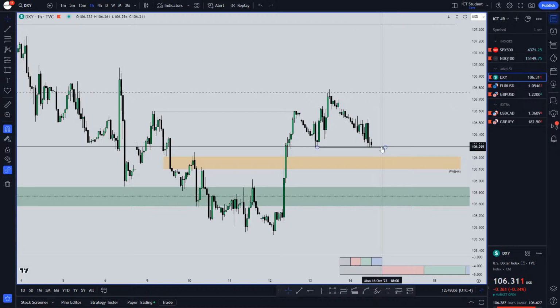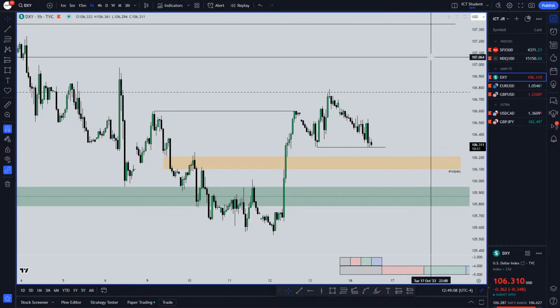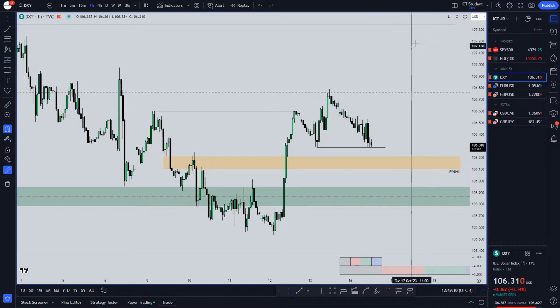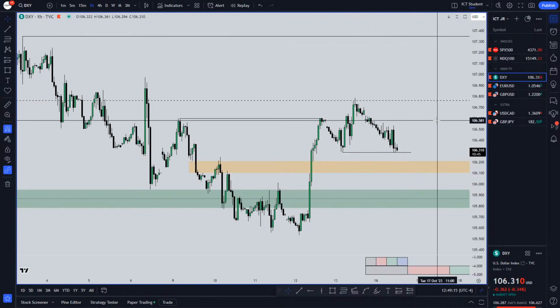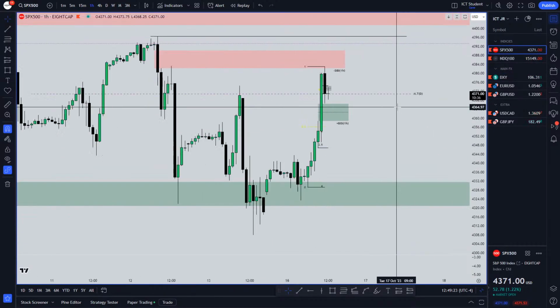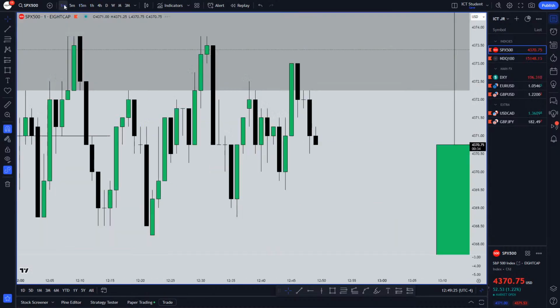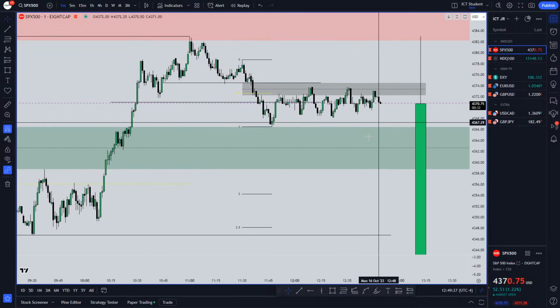This is how you are able to read the market. ICT concepts is the only way to read the market. Of course, you can read the market other ways, I'm just exaggerating. You can use supply and demand, support and resistance. It's more of a mentality. The market information is neutral. You don't know where the market's going to go next.